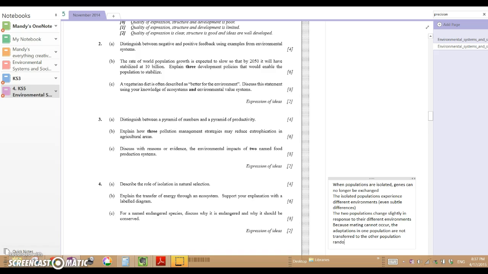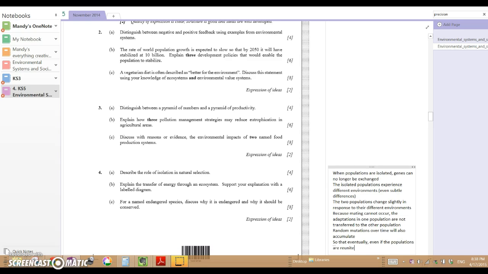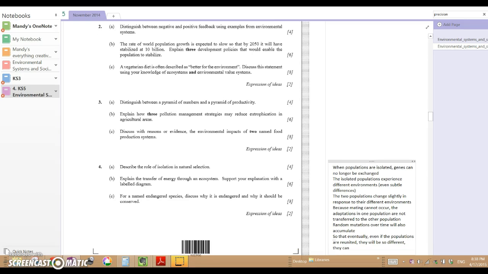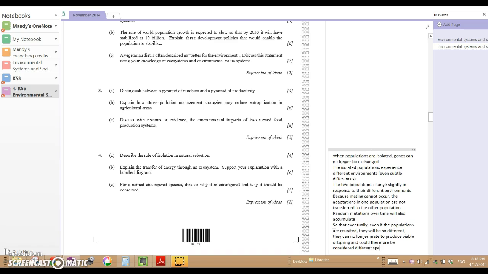And then random mutations over time will also accumulate, so that eventually, even if the populations are reunited, they will be so different they can no longer mate to produce viable, okay, so fertile offspring, and could therefore be considered different species. Okay, I noticed that it says in natural selection,